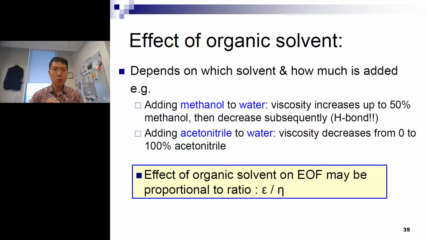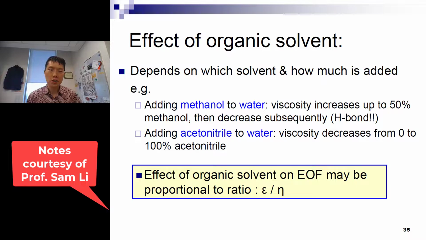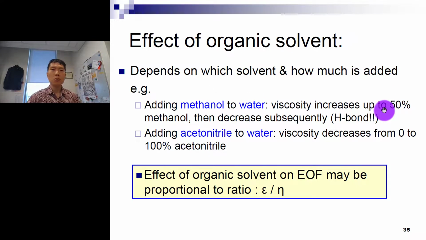Alright, now we come to the effect of organic solvent. So it really depends on what type of solvent and how much is added, right, in terms of its effect on the viscosity. For instance, if you add methanol and water, the viscosity increases up to 50%, right? The reason is because you have a very strong hydrogen bonding between the methanol with the OH group of the water, so it's very tight here, and therefore it will increase the viscosity